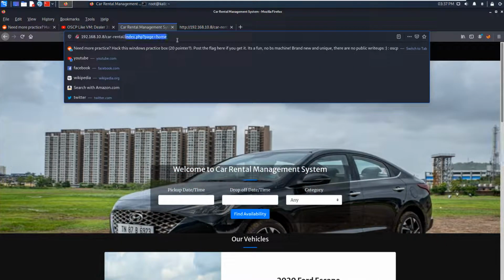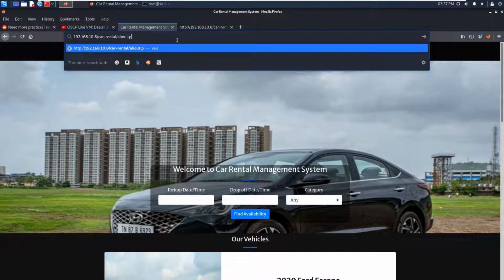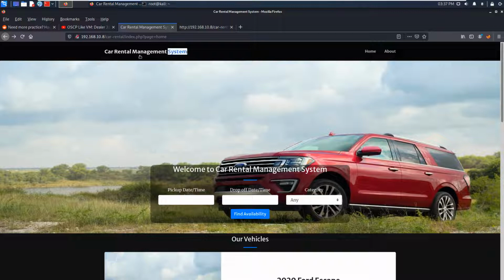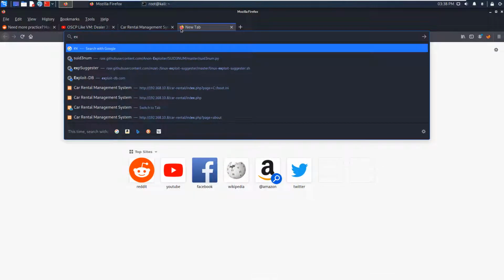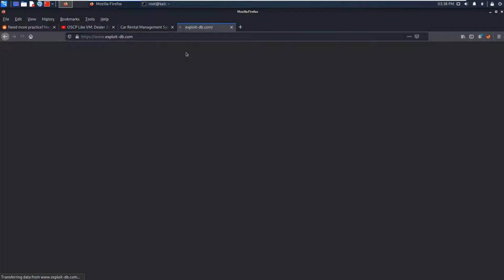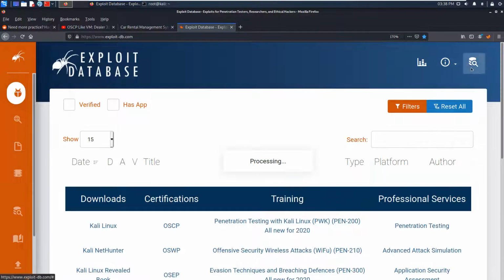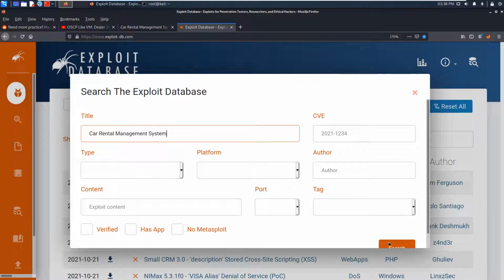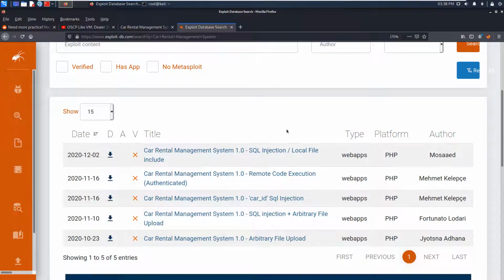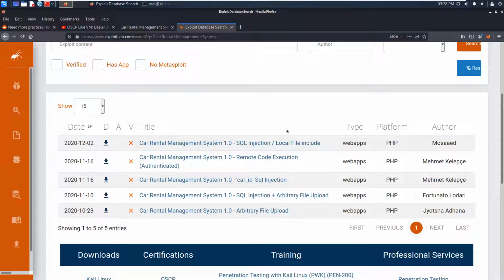So this means that it's basically about.php is here. No. Anyways, so since this is a car rental management system, I will go to ExploitDB and look out for any public exploits, if we have some kind of public exploits for this system. And where is the search box? You can also use searchsploit from the command line, but this gives a nice graphical user interface. And we see multiple